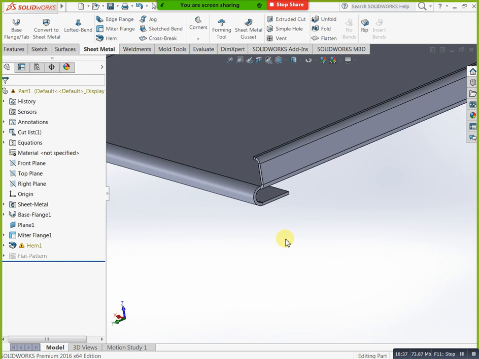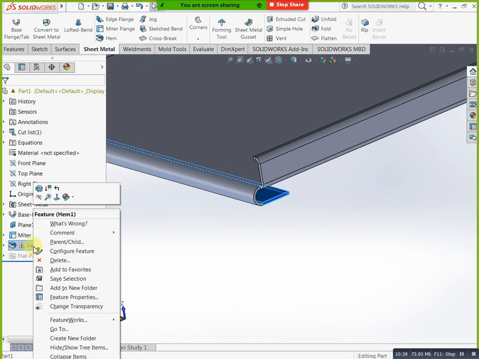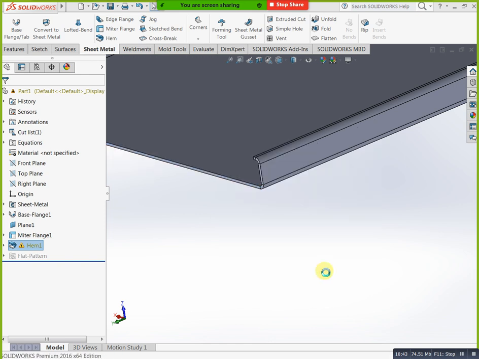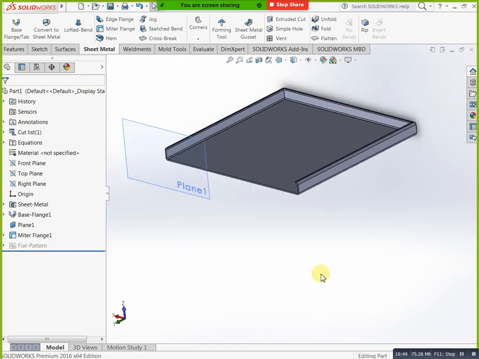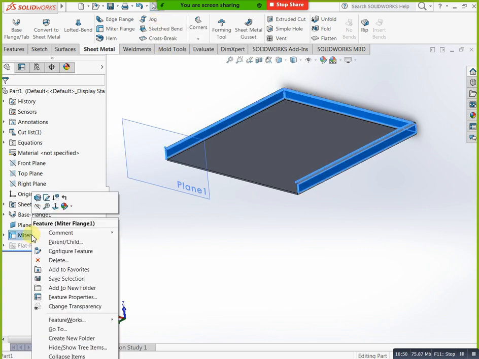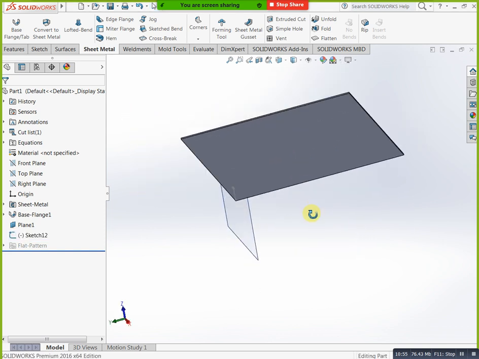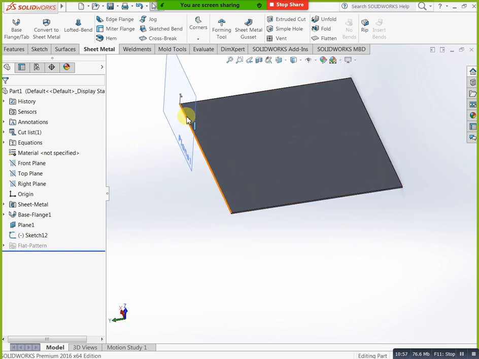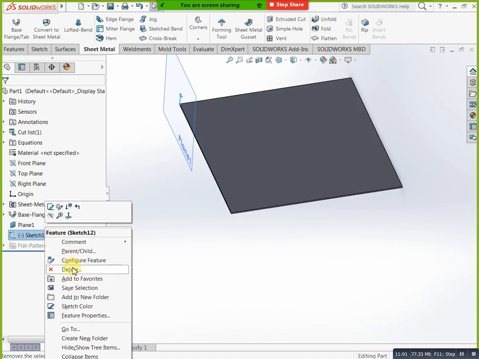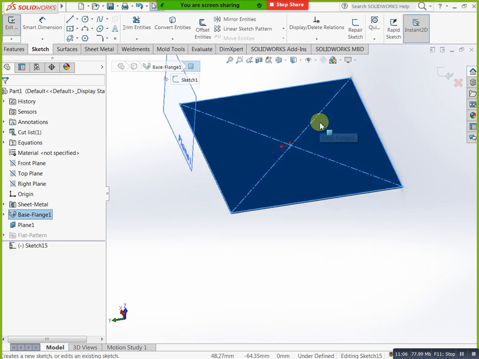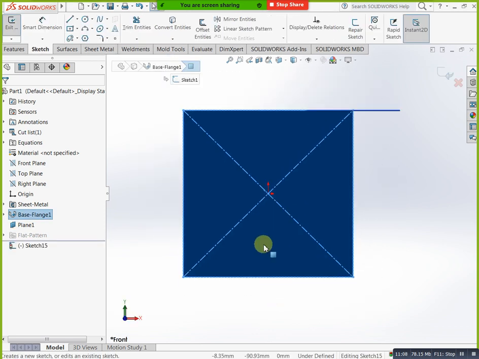Next you can go for the next one. Here we have jogged. Why are we using that jogged? I am deleting the miter flange now. Why we are using jogged and sketched bend means just for bending. If you need to bend anything, that condition you can go with that. For example, I am selecting this face, go to sketch, and you can create one sketch at the bending portion. For example, I need to bend it here. Based on this, I need to bend like this. Okay, now you can do finish.